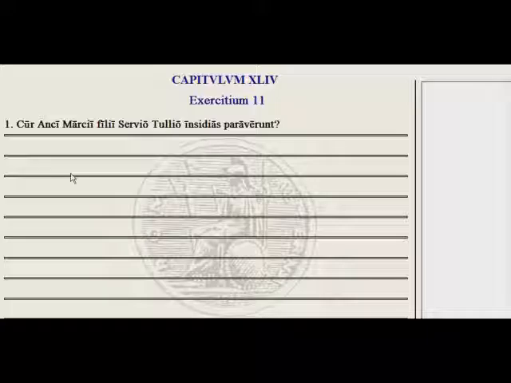Okay, question and answer. Cur Anci Marcii filii Servio Tullio insidias paraverunt? So why did the sons of Ancus Marcius prepare an ambush or plots for Servius Tullius? Well, the answer is they were upset, right? So they thought, let's go, filii Anci Marcii